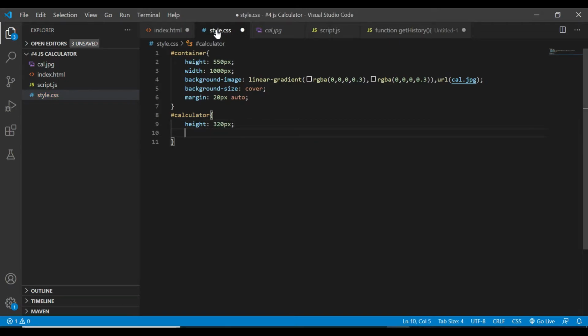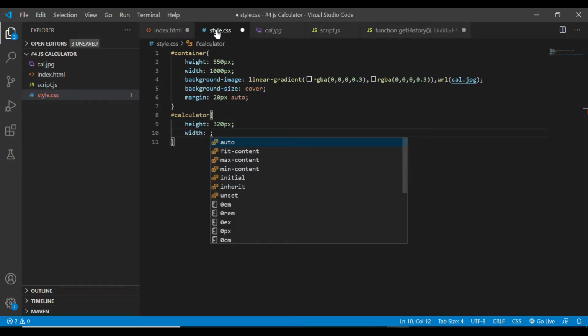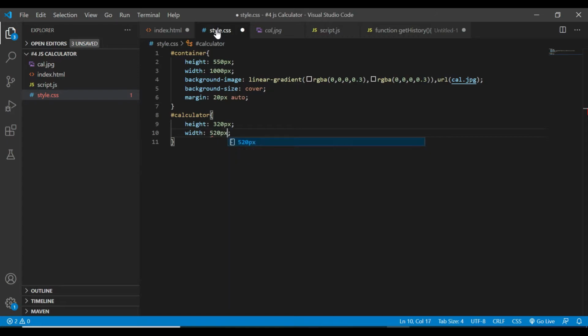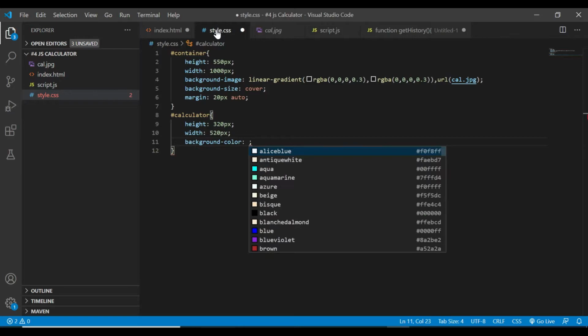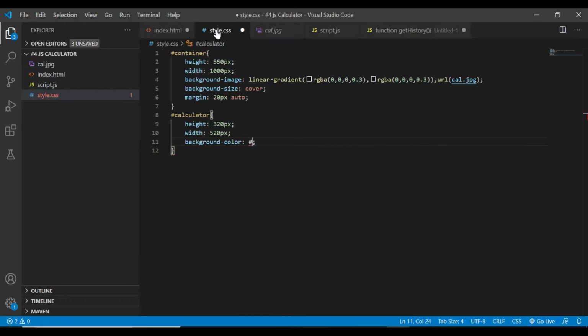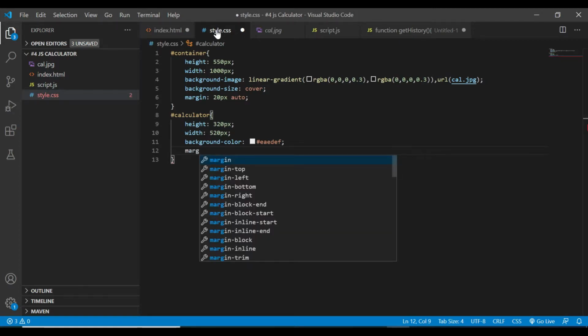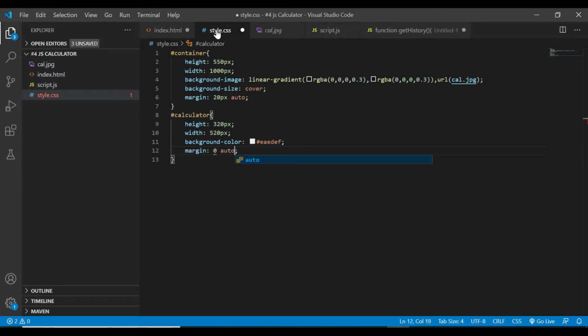I'll give a height of 320 pixel. Next I'll add a width of 520 pixel. Next I'll add a background color, and I want my color to be, okay. So next I'll be adding a margin, and I'll say zero auto. Next we'll add a top,